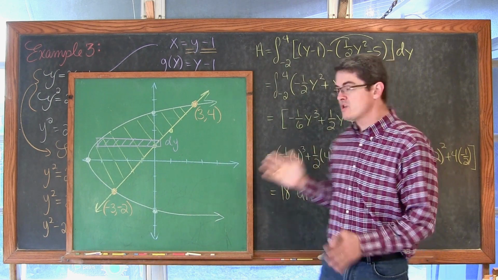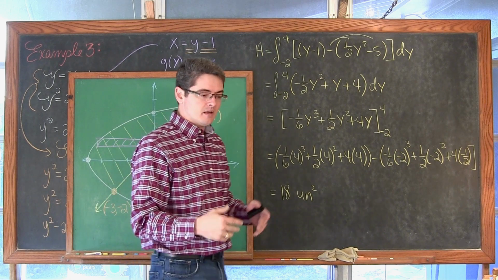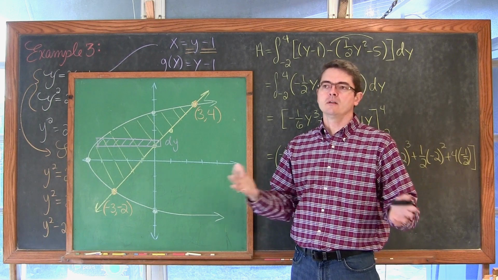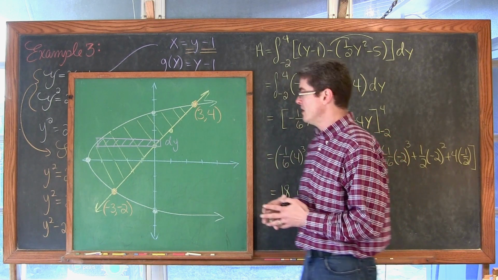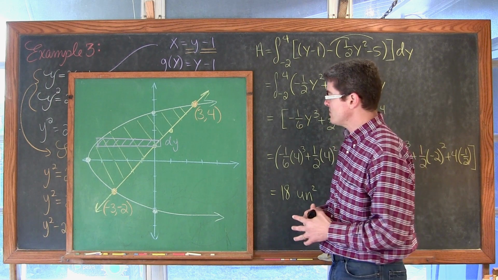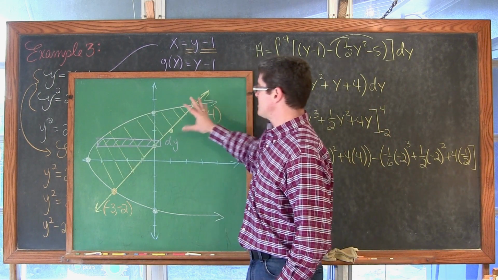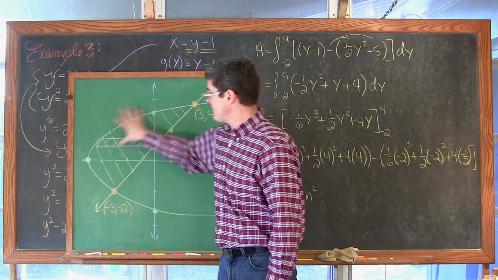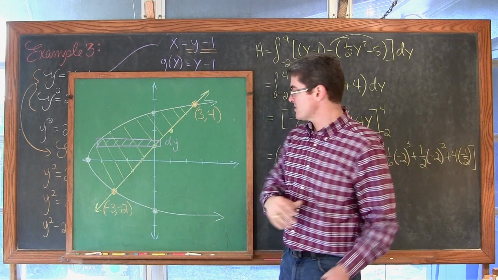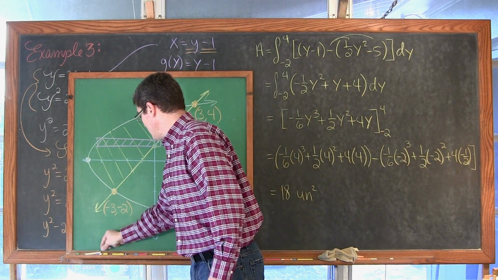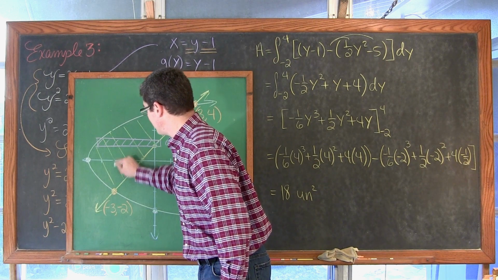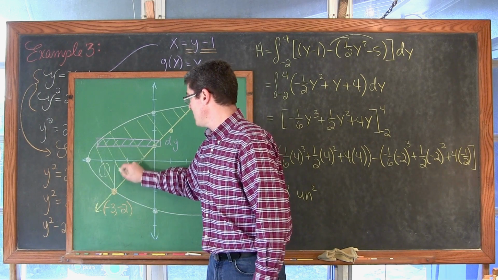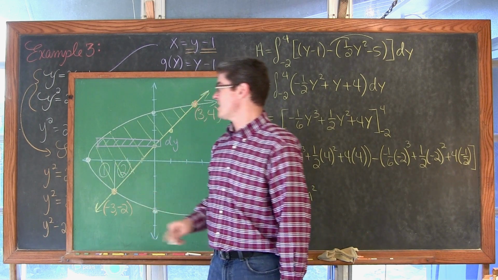If you wanted to check this answer with a calculator, and I don't know how to do numerical integration with a calculator unless it is with respect to x. If anyone knows any other methods, maybe drop me a line and give me a hint on how to do that. But if I wanted to find this area with a calculator, I would have to get that parabola written so it would be y in terms of x, and you would have to find the area of this region, bound between the parabola and the x-axis, the area of this region, which is only a triangle, so that wouldn't be too terribly hard to figure out.